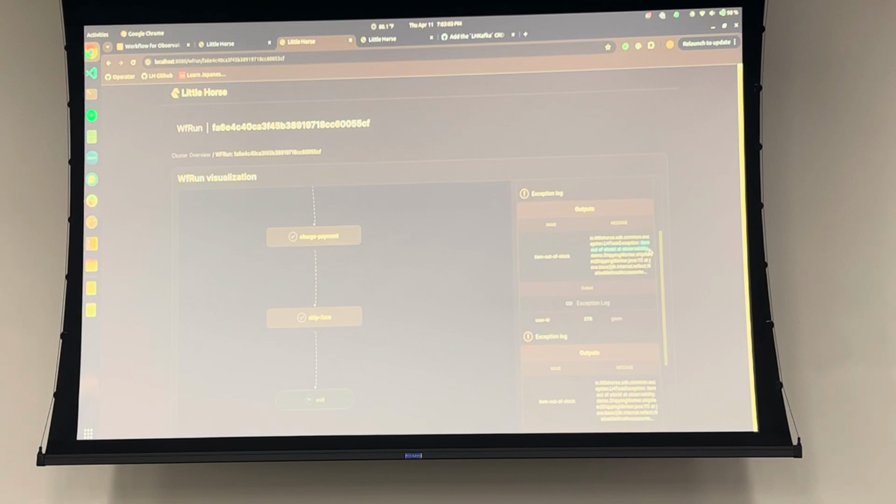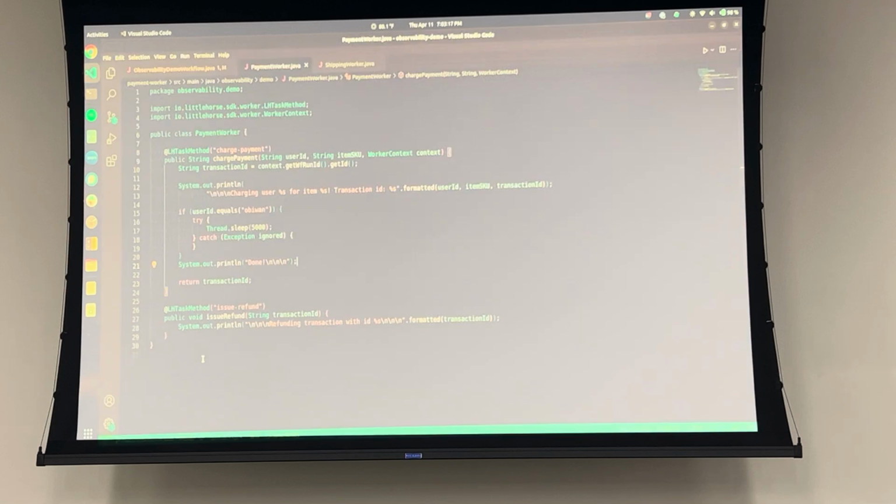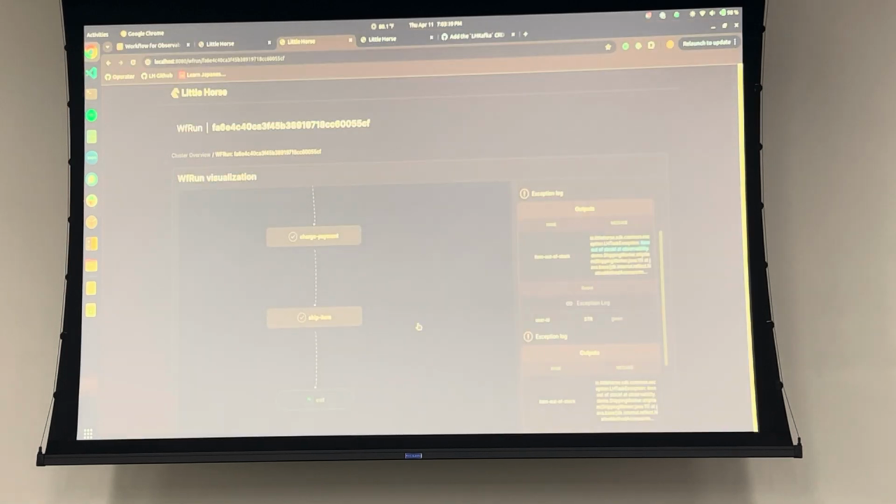The interesting thing here is, on a per business transaction level, we can search for Gwen's workflow. I can show you this exactly. So Gwen calls and she's angry that she didn't get her GPU. So search for workflows, user ID, Gwen. We find this workflow, go to the dashboard, and then we figure out exactly what happened, that the item is out of stock, right? So now I go back to the drawing board and my product manager says, hey Colt,